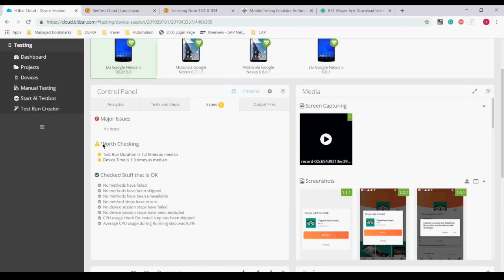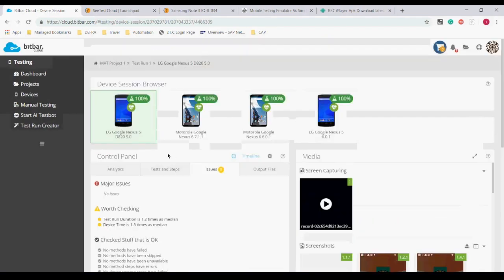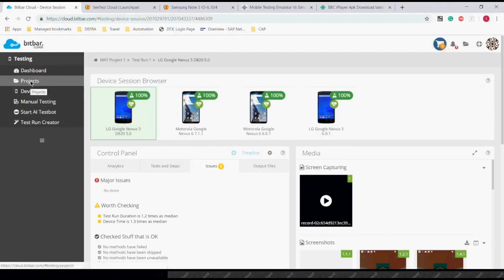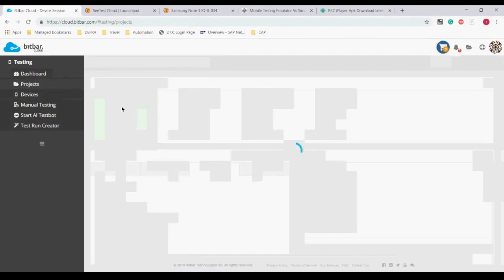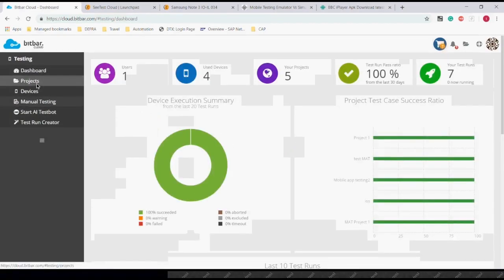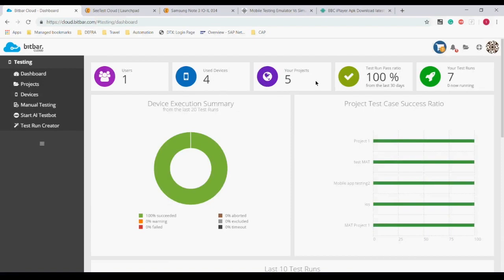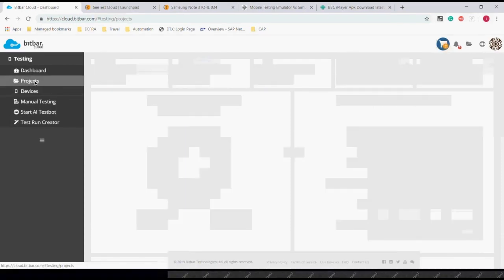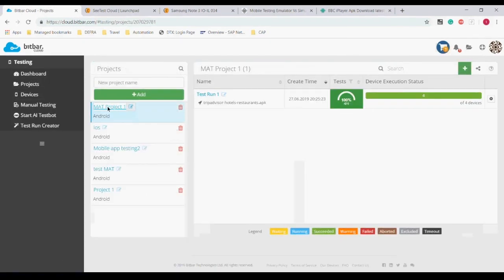So look, these are the data provided. There were no major issues, and it says worth checking. Test run duration is 1.2 times as median. So when we go back to the dashboard here, bear with me. Dashboard. Okay. So when we go back here,